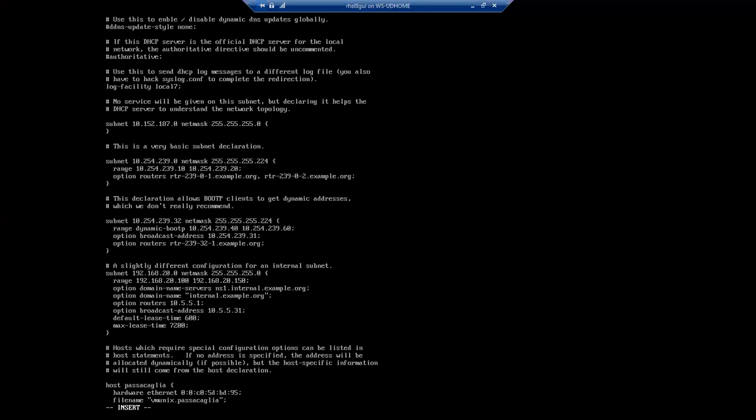Now the optional DNS server, that is name server 1, and this is the domain name. I can say server name ns1.example.com, or I can give example.local. Oh, sorry, something went wrong. Insert, yeah, local.